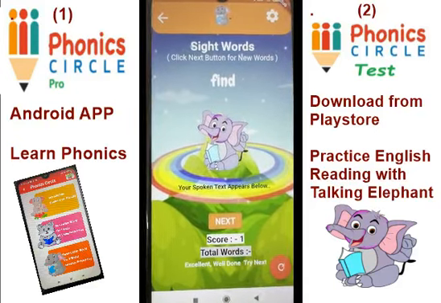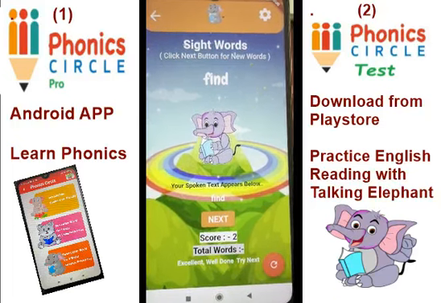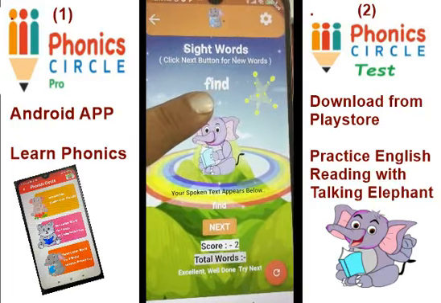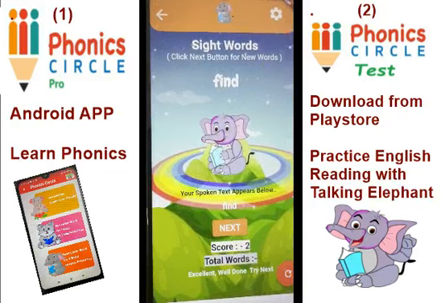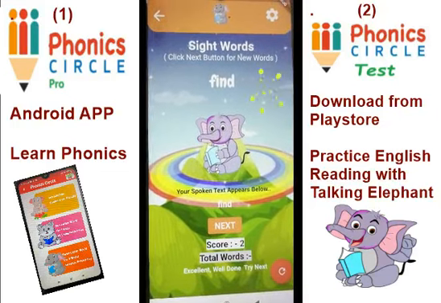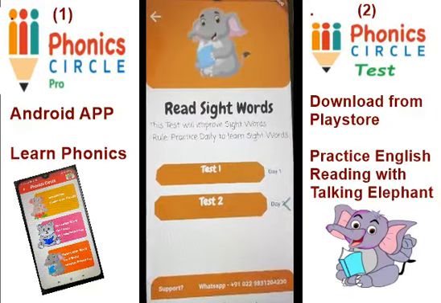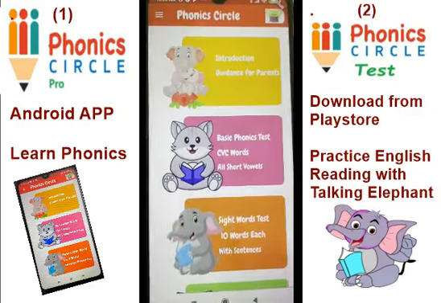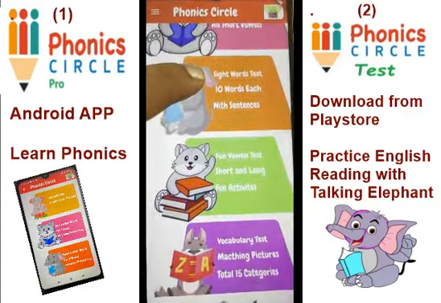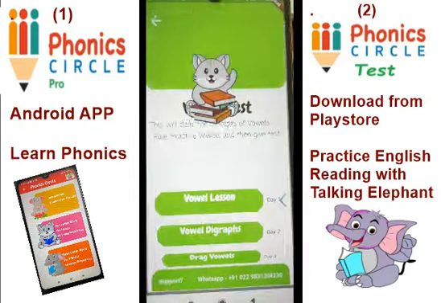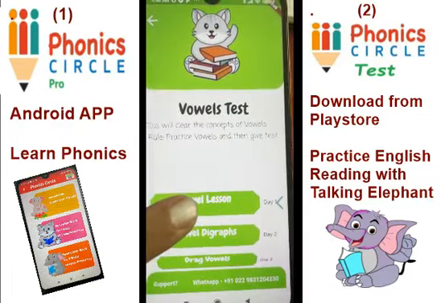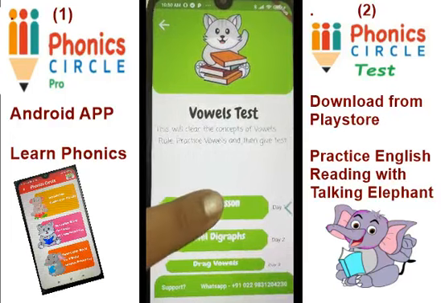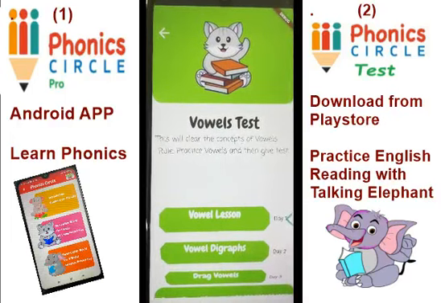Find. Excellent. Well done. Try next. So this is how you have to read the text written above. This is how kids can learn reading word by word. Sight words, CVC words. Then now you can play with vowels. You want to learn vowels, you want to understand vowels again, so you can